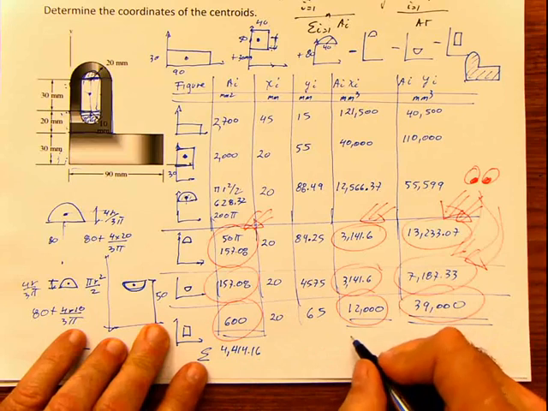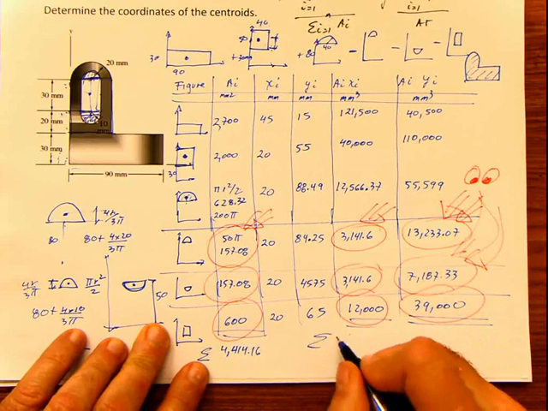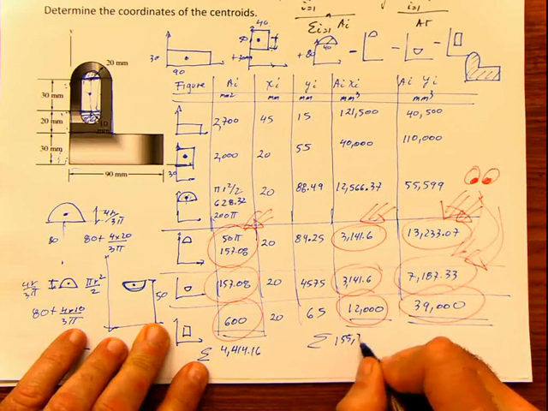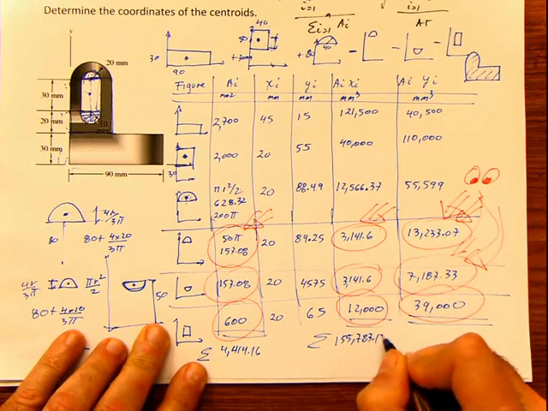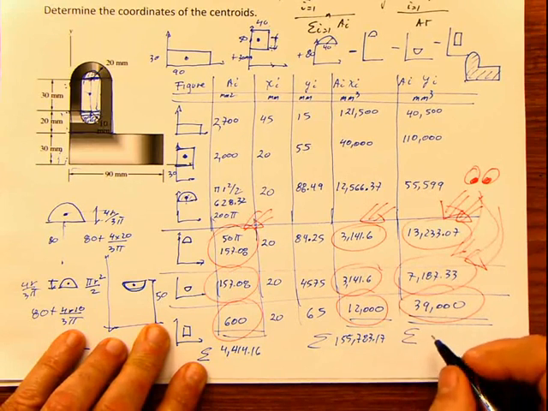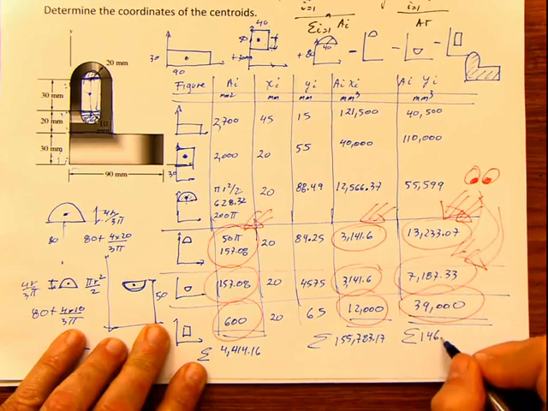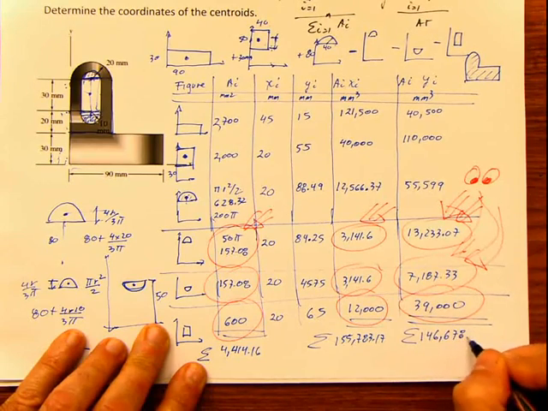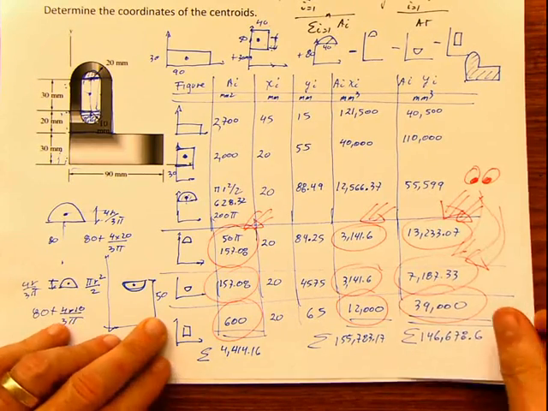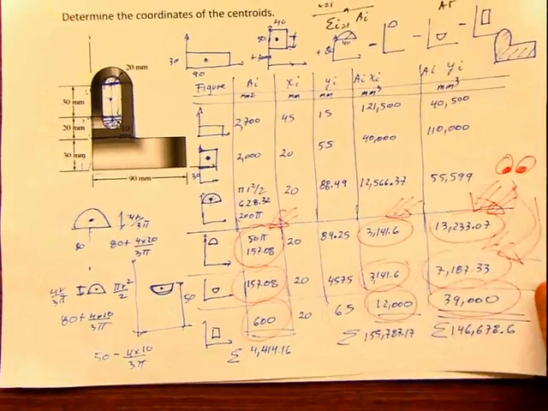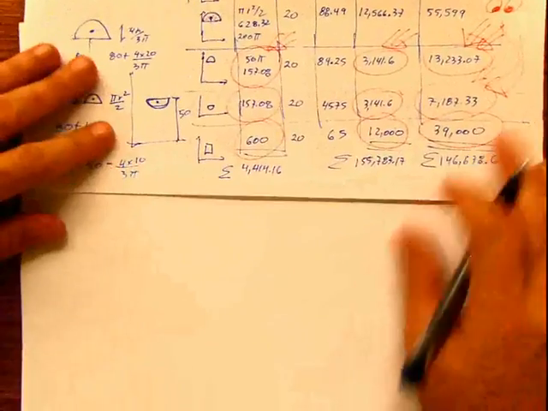4,414.16. Summation, 155,783.17. And summation, 146,678.6. And basically, when we reach this point, everything is done, because the only thing that I have to do now is